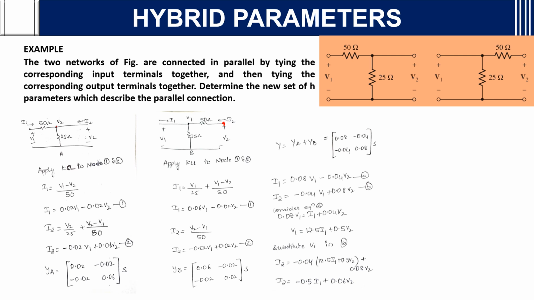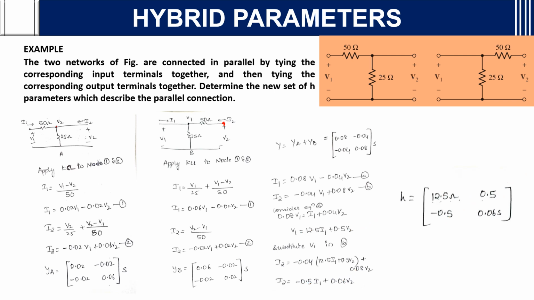How? Consider equation A. 0.08 V1 is equal to I1 plus 0.04 V2. V1 will be equal to 12.5 I1 plus 0.5 V2. If you see, this is similar to V1 equals H11 I1 plus H12 V2. If you substitute this V1 in equation B, you will get I2 is equal to minus 0.5 I1 plus 0.06 V2. It is similar to I2 equals H21 I1 plus H22 V2. So you have got H11, H12, H21 and H22: 12.5, 0.5, minus 0.5, 0.06 are the H parameters when the two networks are connected in